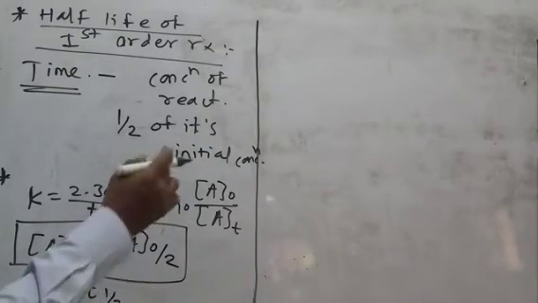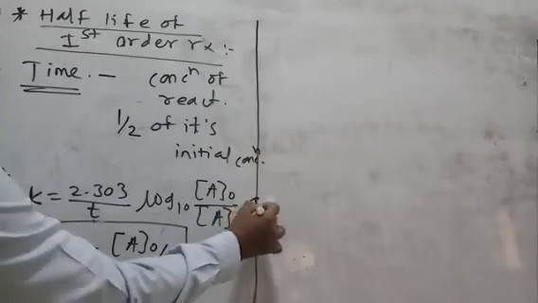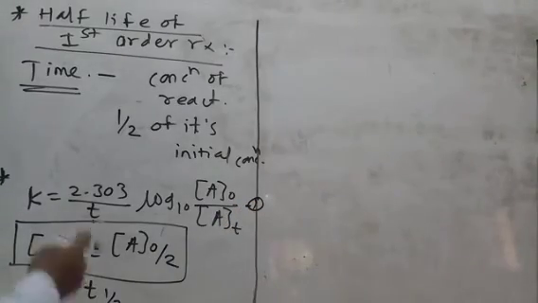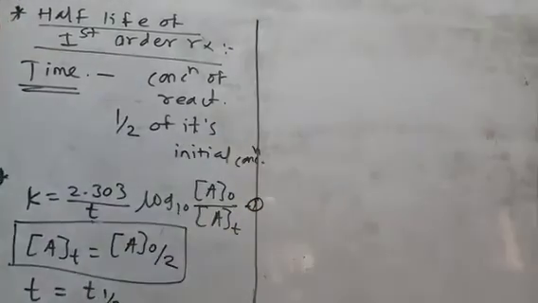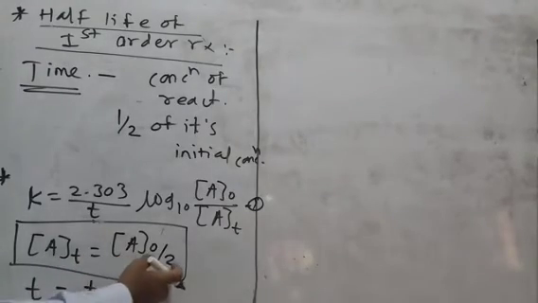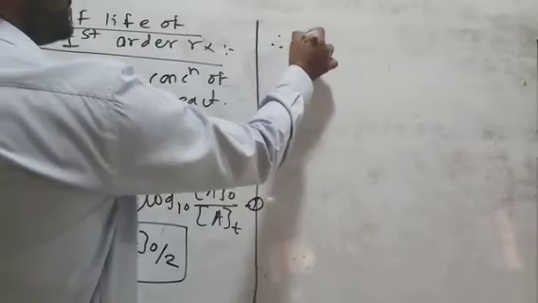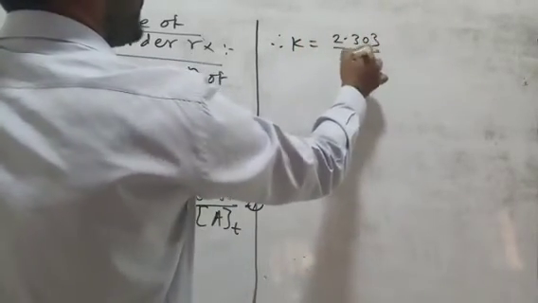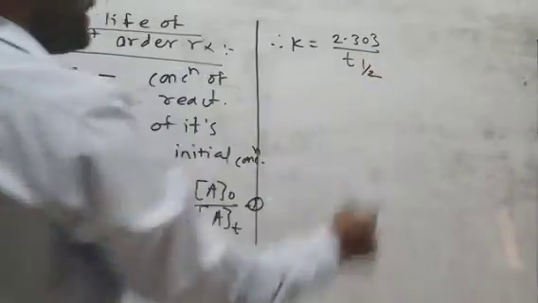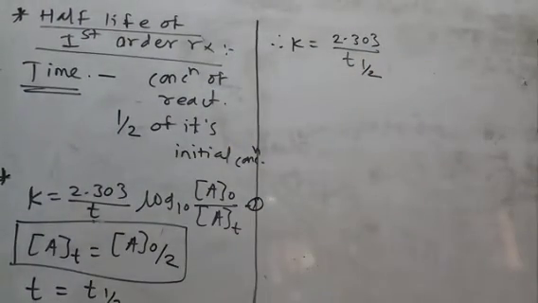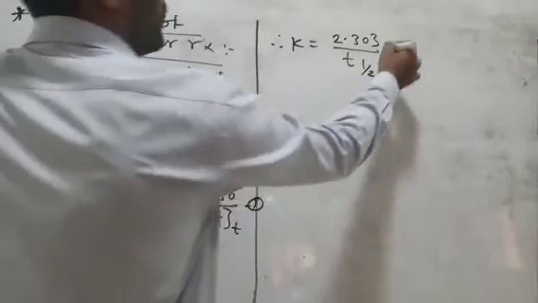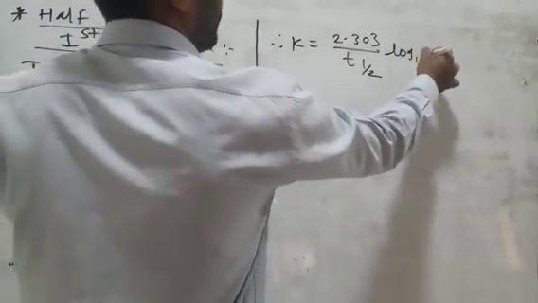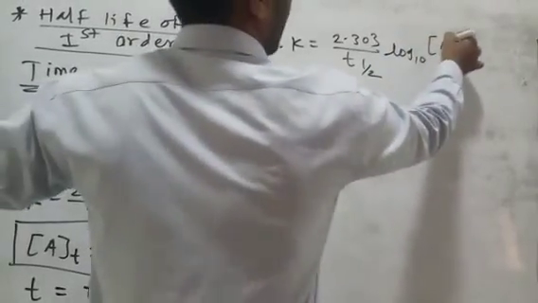Then by putting these values into the first equation, At equal to A0 divided by 2 and t equal to t1/2, the equation becomes k is equal to 2.303 divided by t1/2,